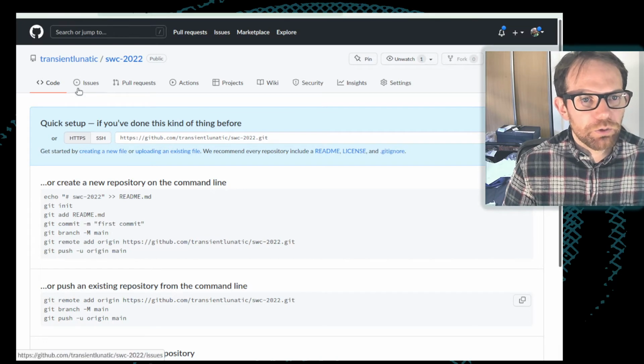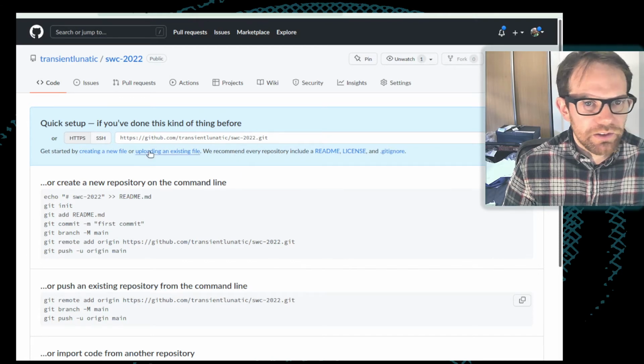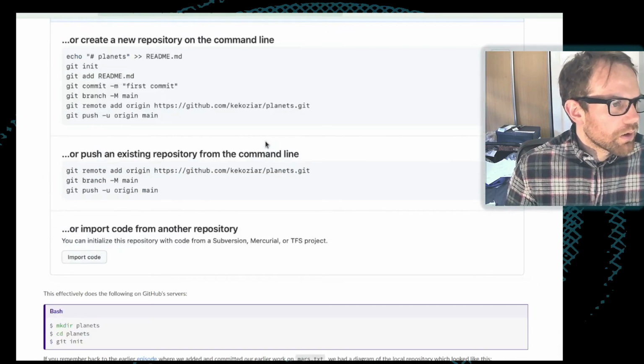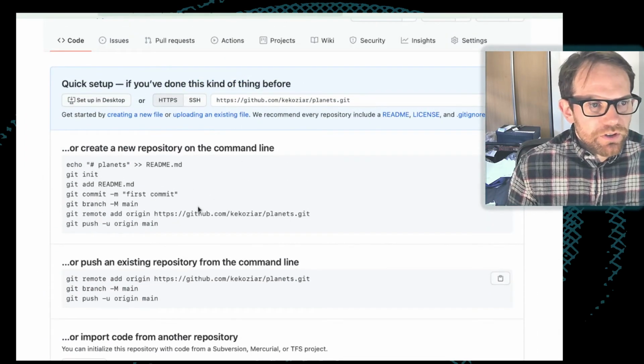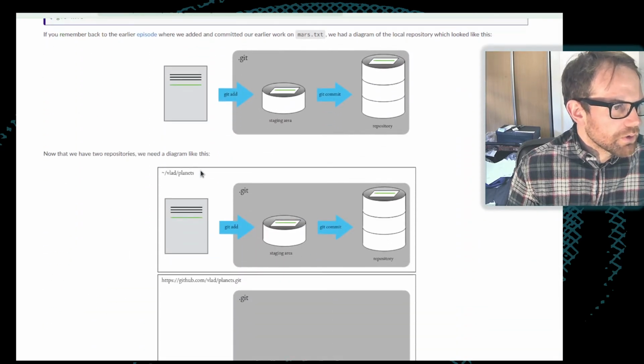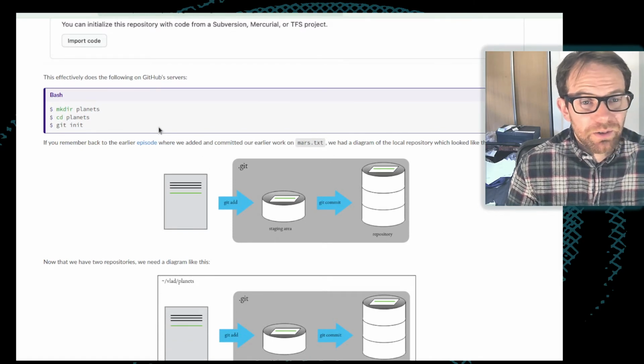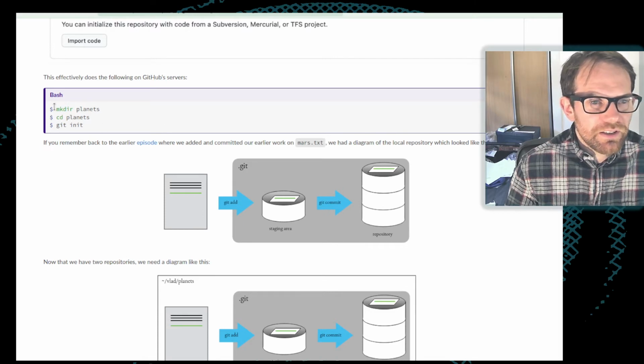Okay, so that's the repository created on GitHub, and this is the address where it lives. We get told some instructions about different things which we can do. What has basically happened is that GitHub has done pretty much the process that we did on our own local machine. It's made a directory somewhere, CD'd into that directory, and it's run